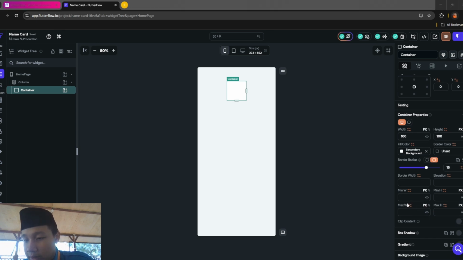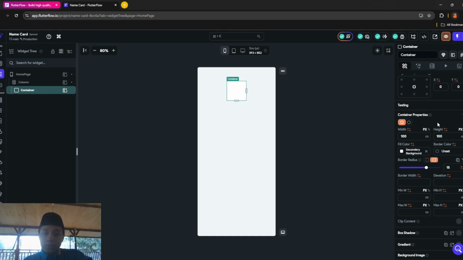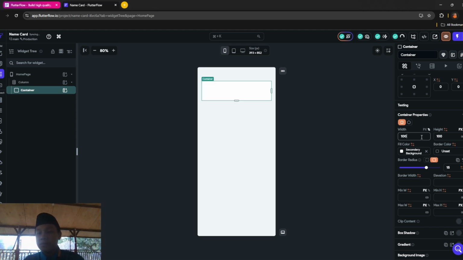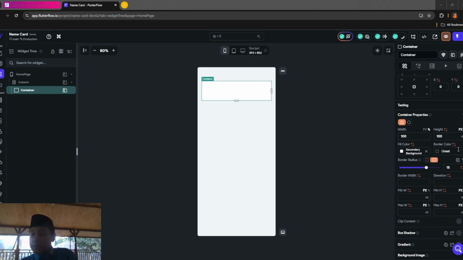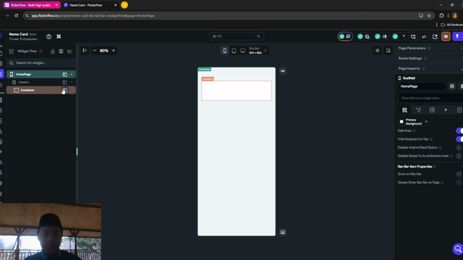After that it should be just like this. And then you want to make the container width 100%, not 100px, 100%. And then for the height, let's just add 100 first, because we want to make our insides first.